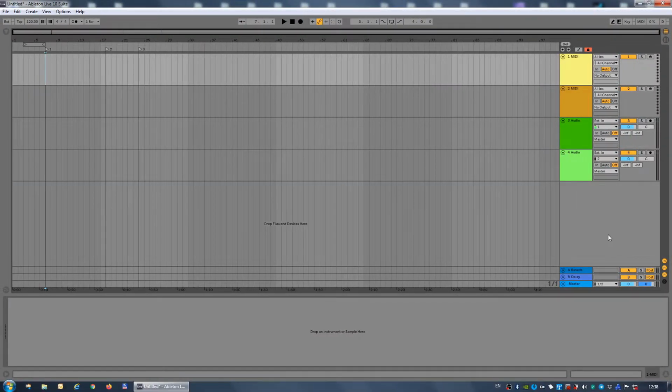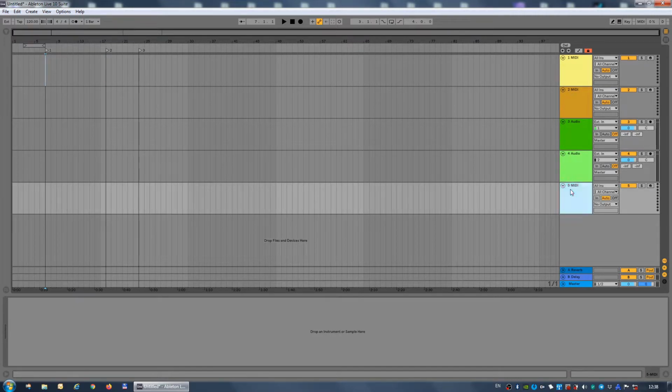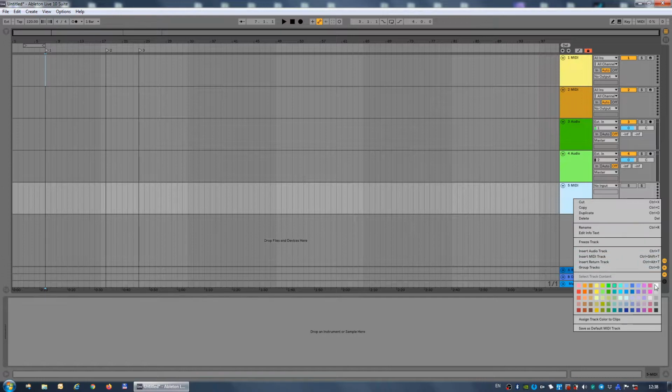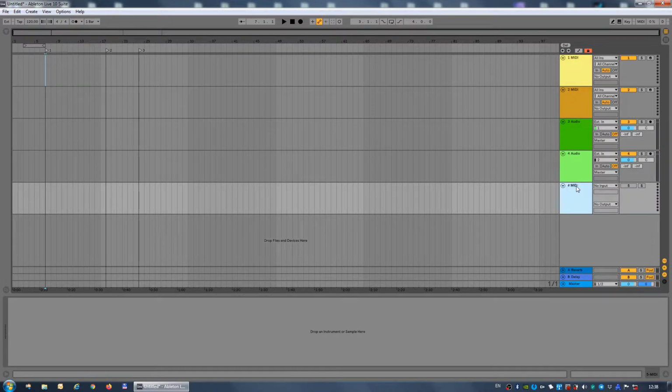The trick is to create a separate MIDI track, disable it, remove all inputs, and give it some distinctive color. And I give it the name Structure so that I don't mix it with anything else.